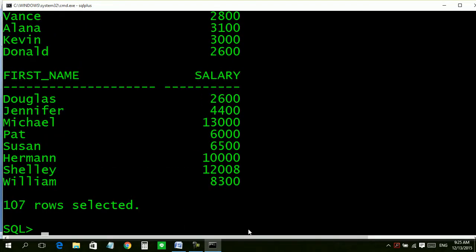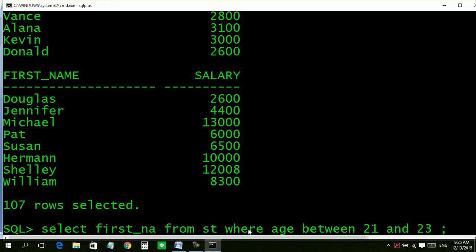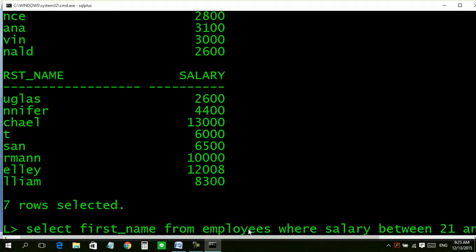It's good to find out. Select name, in place of name we will use first name, from employees where salary BETWEEN 10,000 and 15,000.